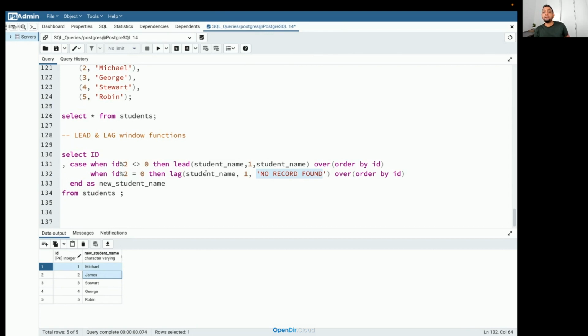If the ID, when partition is necessary, I already explained it previously, Jay. Why do you use partition? If you want your window functions to be applied for a specific window, then you create a window by using the partition by clause. If you want your window function to be applied for your entire result set, then do not use the partition by.